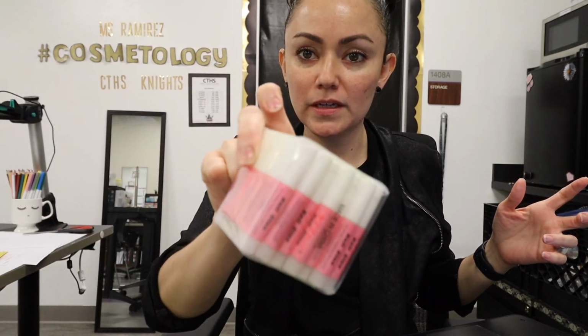Nail glue came in. Look, check it out. I ordered this from Amazon. It literally goes fast. We use it up fairly quickly. So I definitely